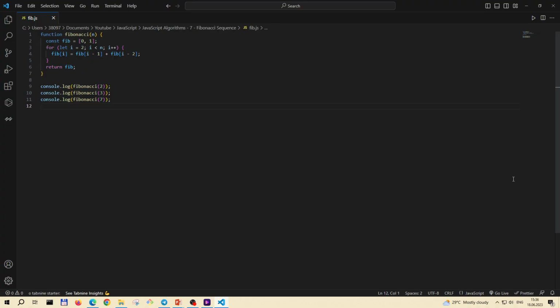Let's open the JS file in VS Code. Let's begin by defining the function signature. Function Fibonacci, parentheses, curly braces. The function will have one parameter n, which denotes how many numbers in the sequence we have to display. For example, calling the function with n equal to 2, 3 and 7 should return an array of the Fibonacci sequence